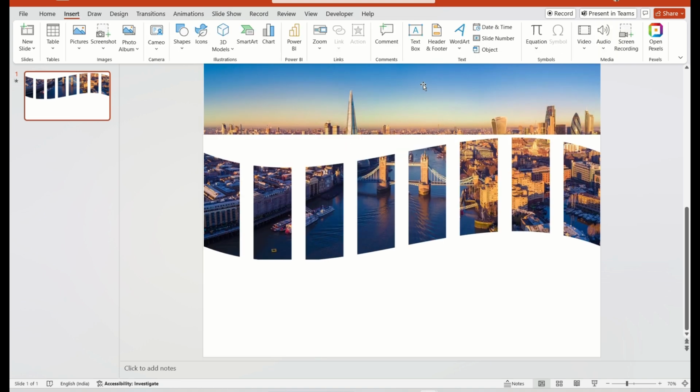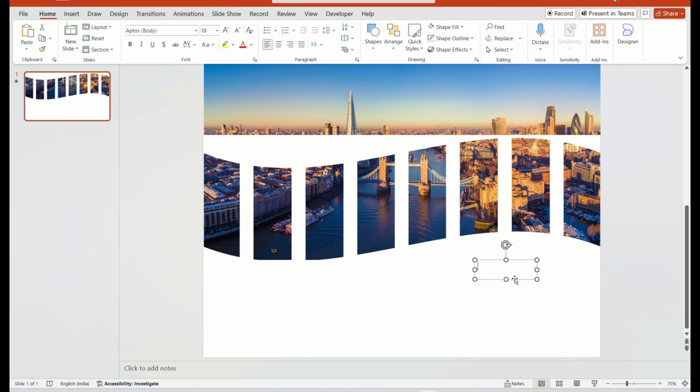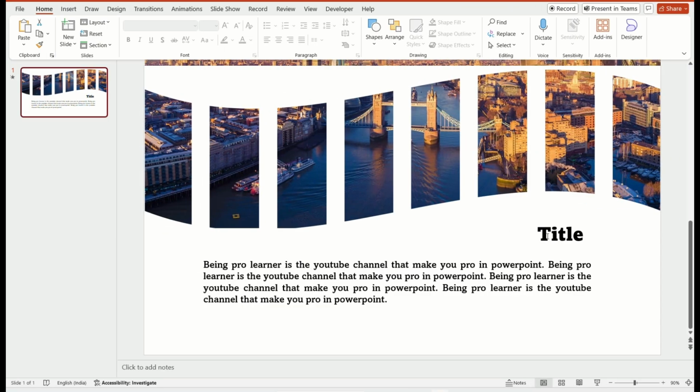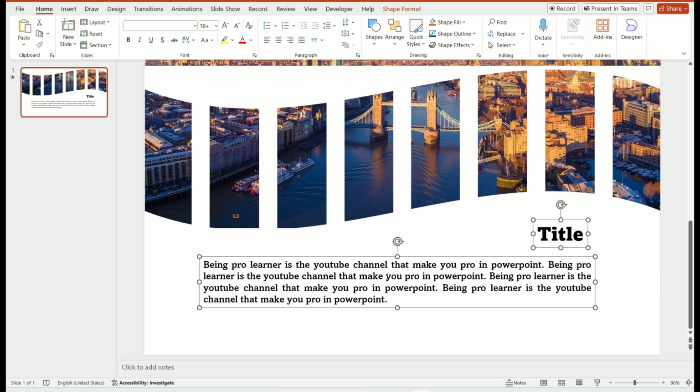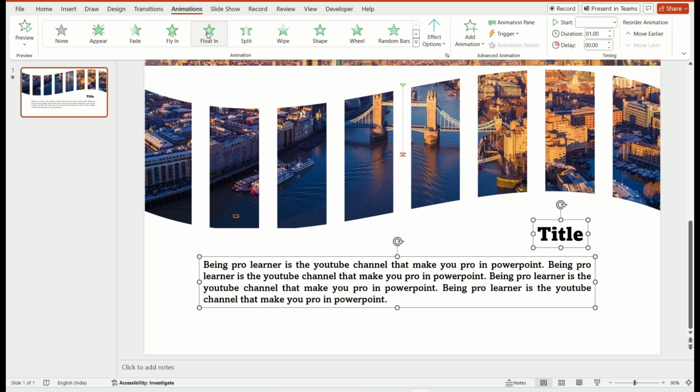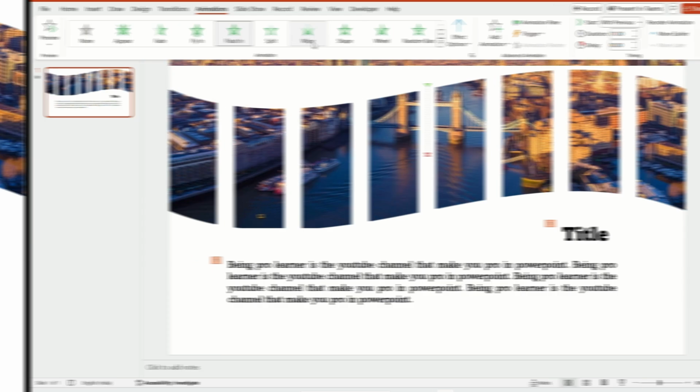Then, now insert the text or your contents. After that, select the text boxes. Go to the animation and choose Float In animation. Check the Start with Previous. Friends, see how attractive the